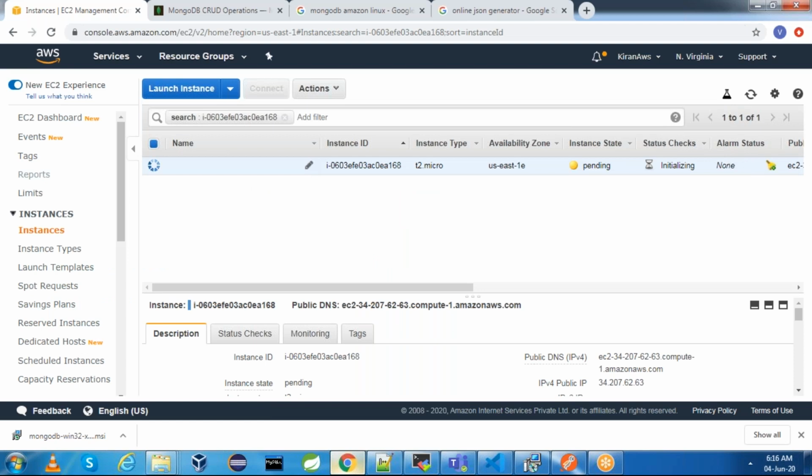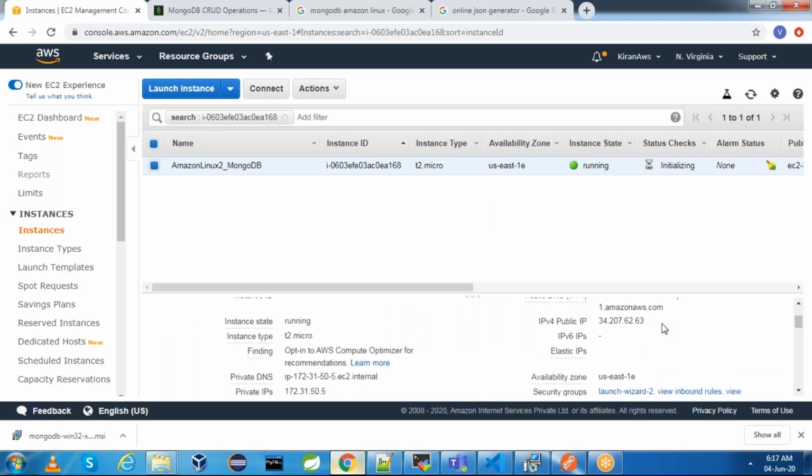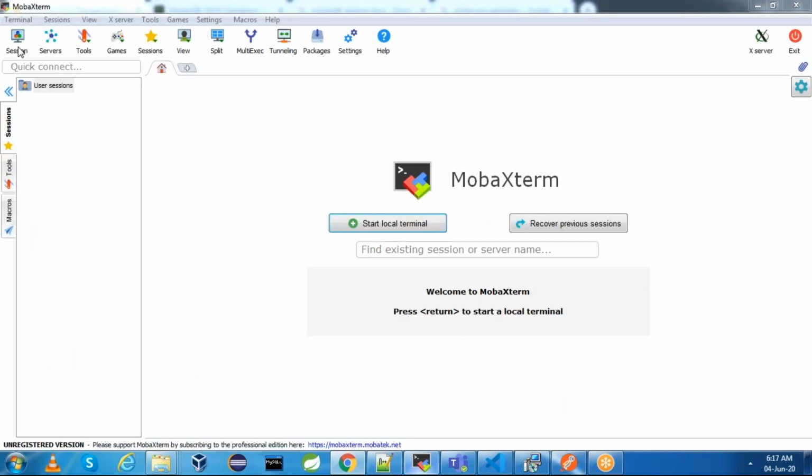This is the server. I'm just naming it Amazon Linux 2 MongoDB. Grab the IPv4 public IP and go to MobaXterm, create a new session.